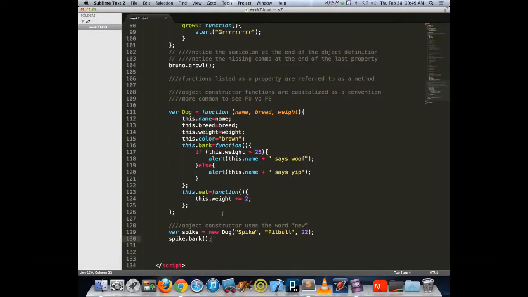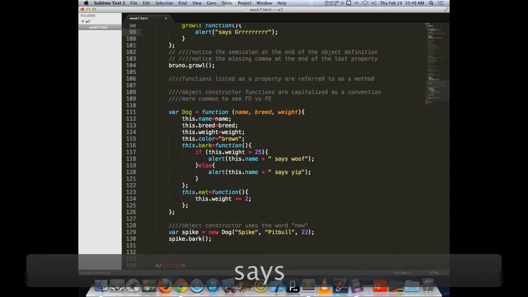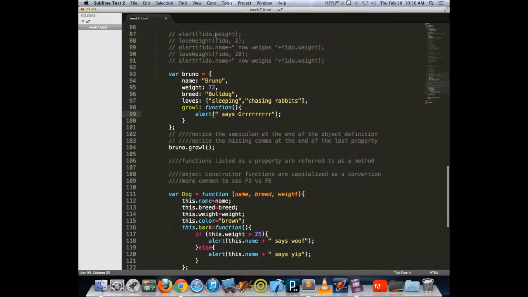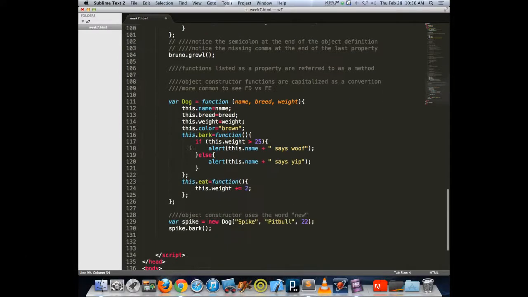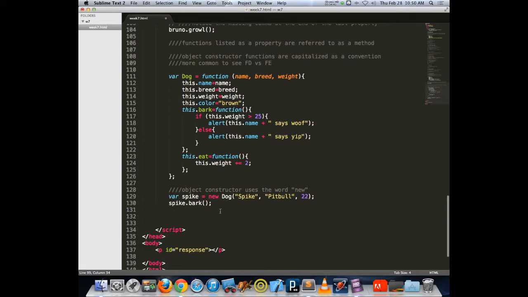Actually I'm going to change this, it's just no fun if Bruno only says grr. So Bruno says grr, Spike says wolf, and now we can say